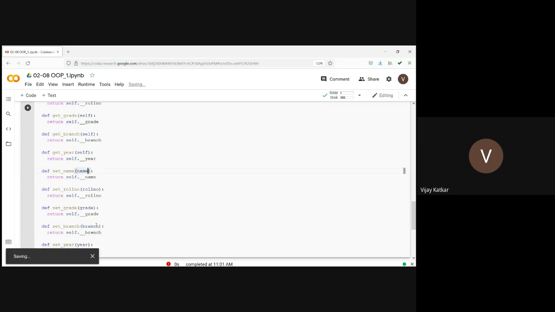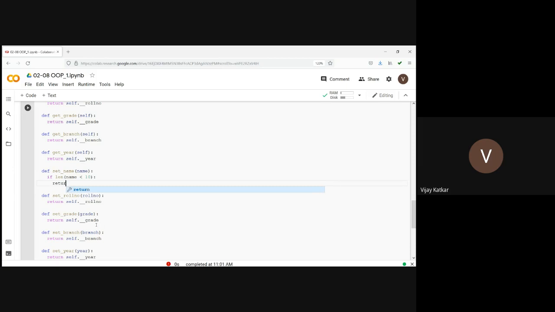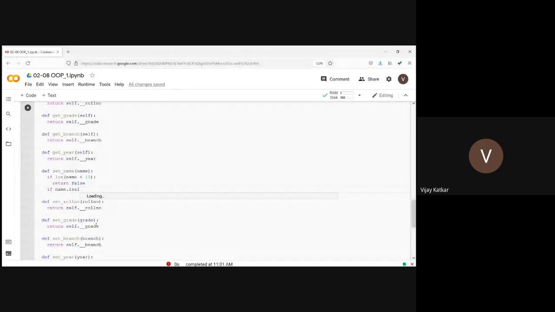So now how can we check whether the name is proper or not? We can have some validation. For example, if length of name is less than 10, it's something wrong. We will return false, that I cannot assign. Then if name.isalpha. So what is alpha?